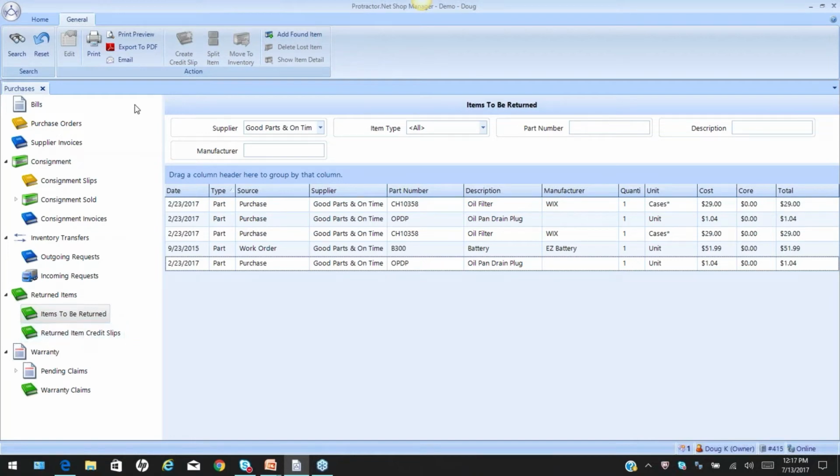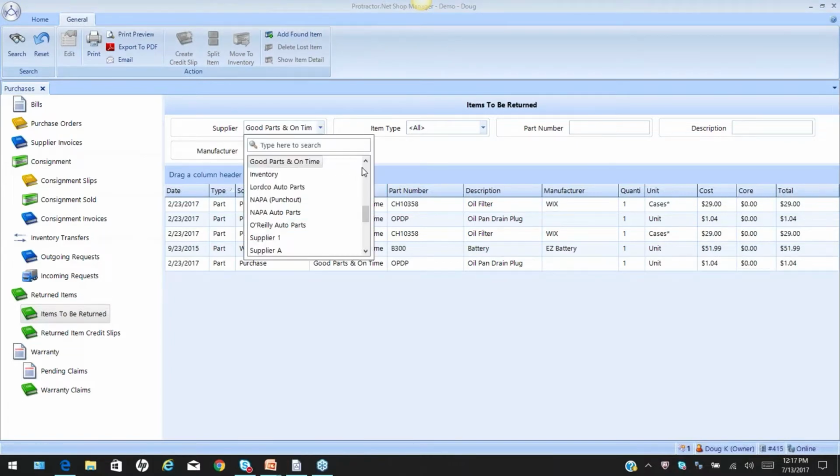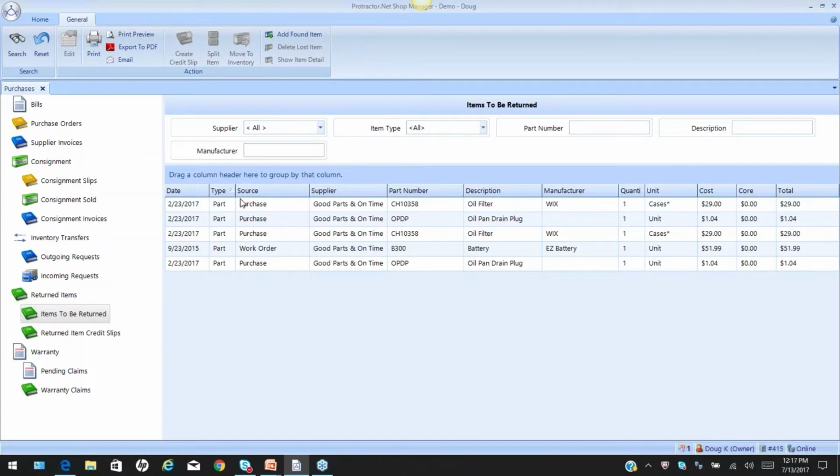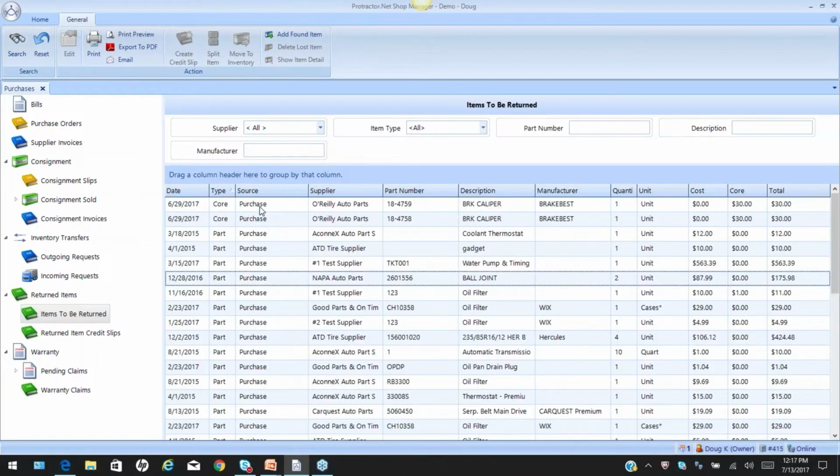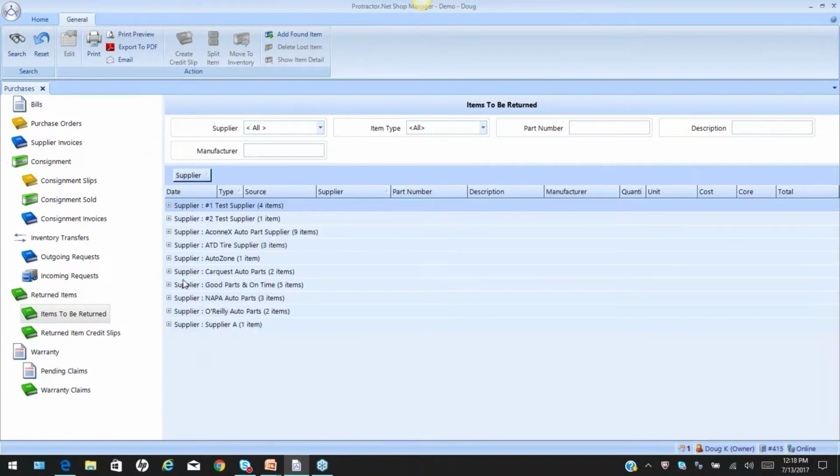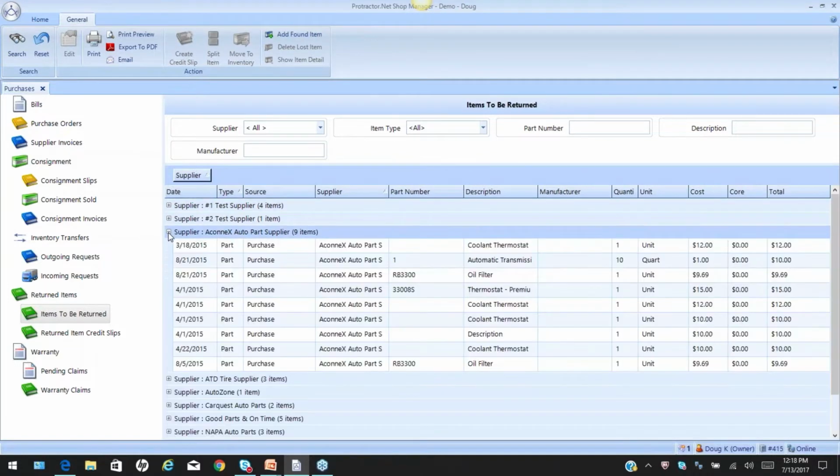Other things that we can do with our utilities, okay, there are some other tools up here that we want to talk about a little bit. I'm going to go back to all right quick. I'm going to organize by my supplier. And there was a supplier in here that I wanted to make an example of to utilize the tool split